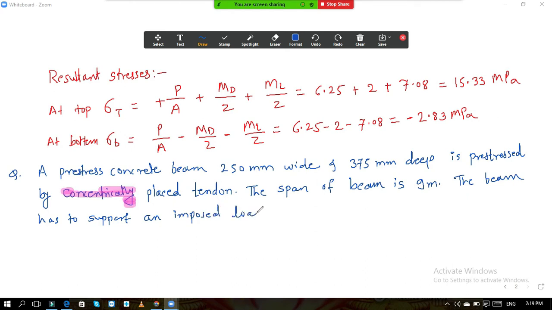Another name to live load is imposed load of 5.5 kilonewton per meter. Find the pre-stressing force necessary